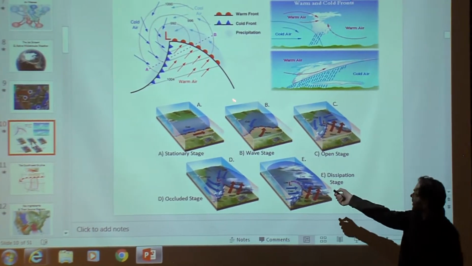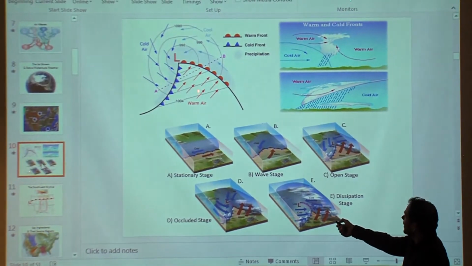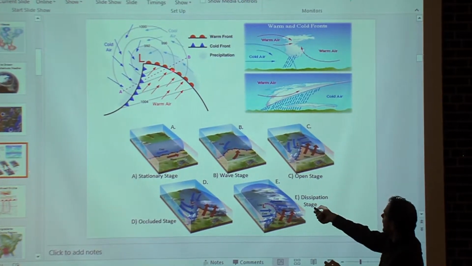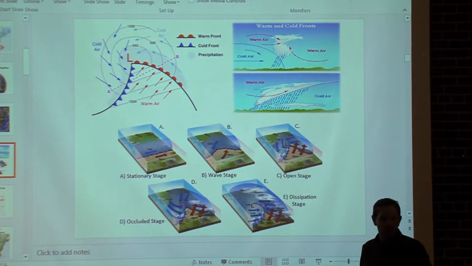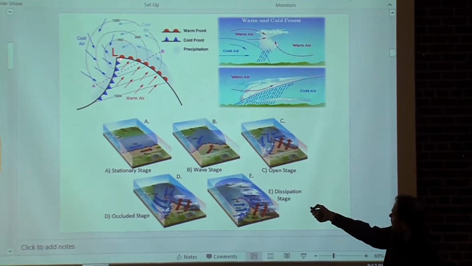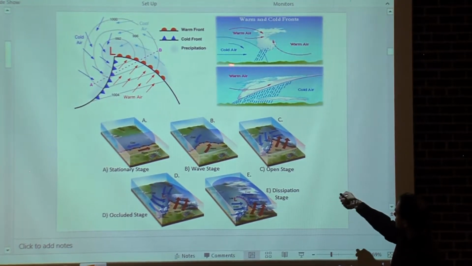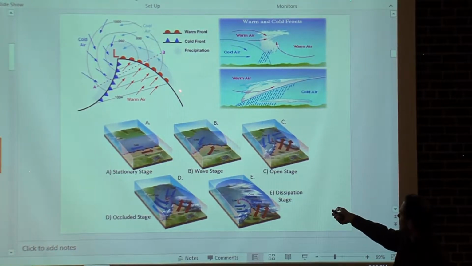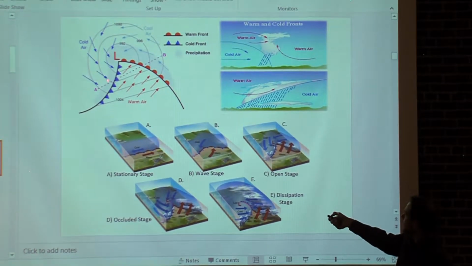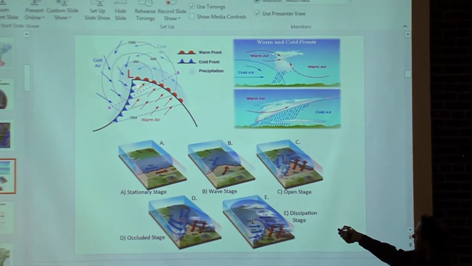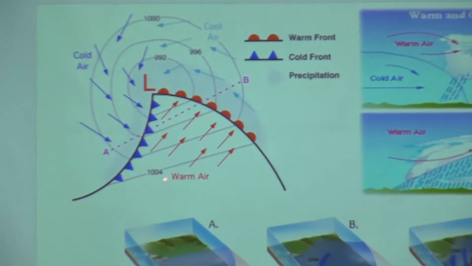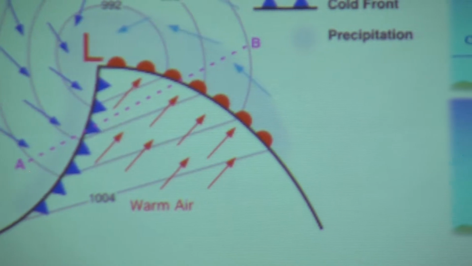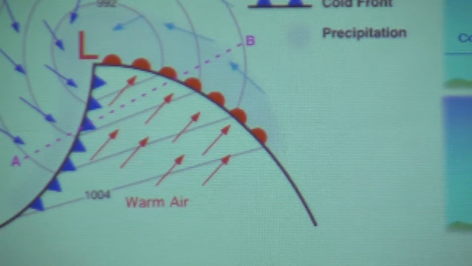So along this warm front here, it's warming up in this area, and this air is being lifted over the cold air ahead of it. That's going to give you lowering pressure right there. And say this storm is moving straight east. This L right here is the center of the system, moving straight east. Anywhere along this front, the pressure is lowering. Anywhere ahead of the front here, this cold front, the pressure is also lowering. When you're forcing warm air up into the atmosphere, the pressure is lowering.